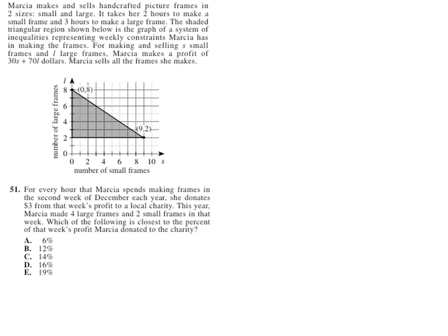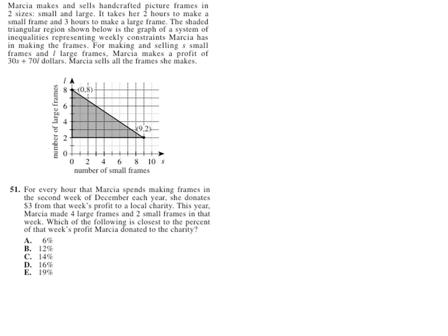Problem 51 is the second in a series that makes reference to this paragraph above. Marcia makes and sells handcrafted picture frames in two sizes, small and large. It takes her 2 hours to make a small frame and 3 hours to make a large frame. The shaded triangular region shown below is the graph of a system of inequalities representing weekly constraints Marcia has in